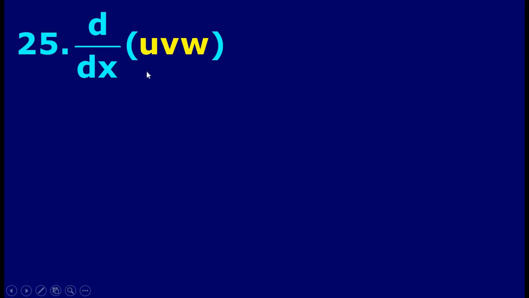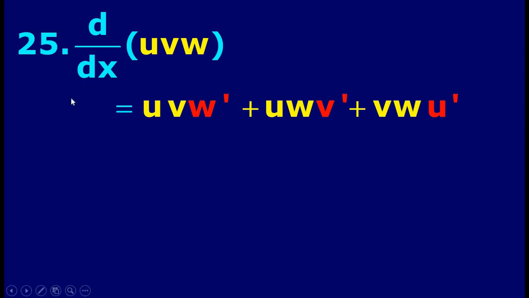So next it is d by dx of uvw, differentiation of three functions here. So you have to differentiate one function only, taking other two numbers as it is, same like previous formula. That is, when we differentiate, take u and v as it is. Now differentiate w. So it is w dash. So uv as it is, w dash, plus now we take uw as it is, differentiate v, that is v dash. Then take vw as it is and differentiate u. So it is vw into u dash. You have to differentiate each number taking other numbers the same.